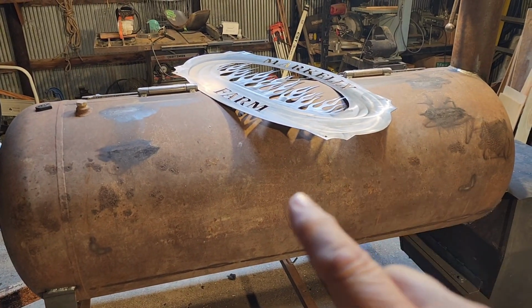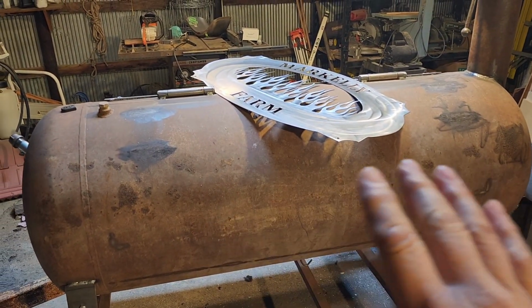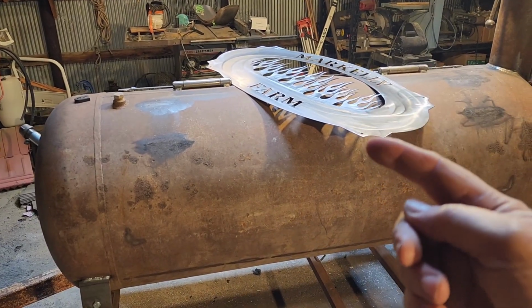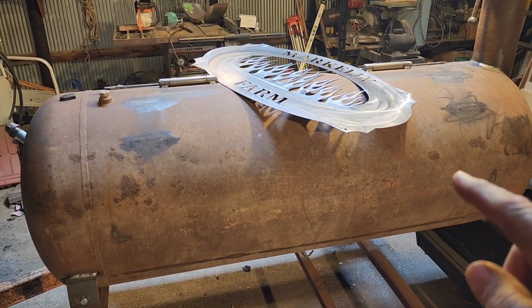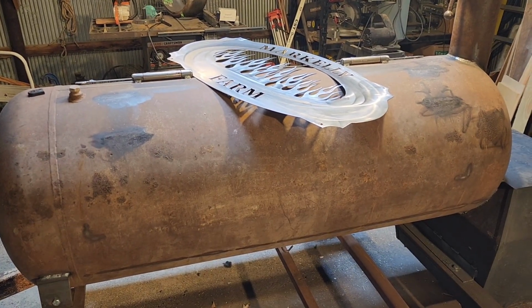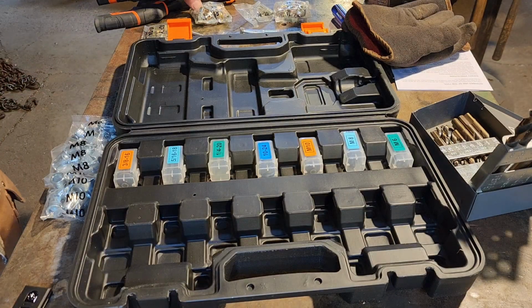Now we have that exact scenario right here, because I have this metal sign that's going to be mounted to the back side of the barbecue. We're not going to be able to hold nuts on the other side to bolt this on. So we're going to use our rivet nuts for this application so we can do it from one side. So this project,